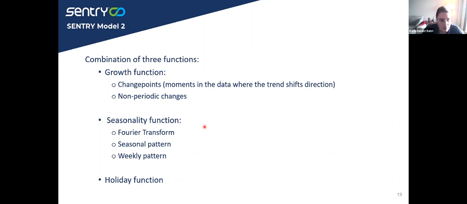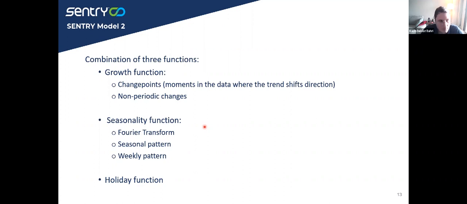It has a second function, which is basically using, again, a Fourier transform to identify seasonal patterns and weekly patterns, also diurnal patterns. And finally, we have a holiday function, which is going to include the impact of specific dates which we know might affect the